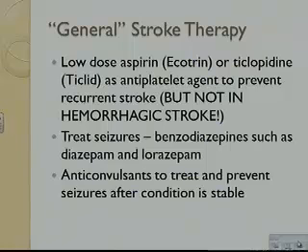The general rule of thumb, and this is not limited to this, this is just a little bit of what they would do for stroke therapy once a stroke has occurred. They would give low doses of aspirin. When you see a client on an aspirin, and it's an 81 milligram dose, 81 milligrams of aspirin is not going to do anything for pain or fever or anything, but it helps your blood to become slippery so that it doesn't start to form a clot. I'd call it a slippery agent because it keeps that clot from forming.